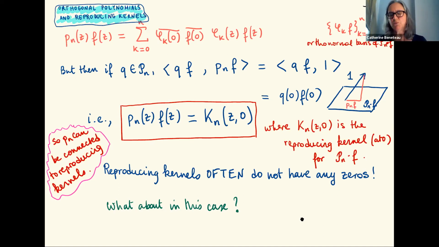But I'm going to tell you something a little bit more general. But one particular point of interest, a lot of reproducing kernels in a lot of contexts often do not have zeros in the disk. So